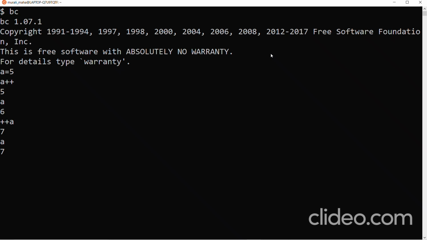But in the prefix incrementing or decrementing, before evaluating the expression, the value would be either incremented or decremented.